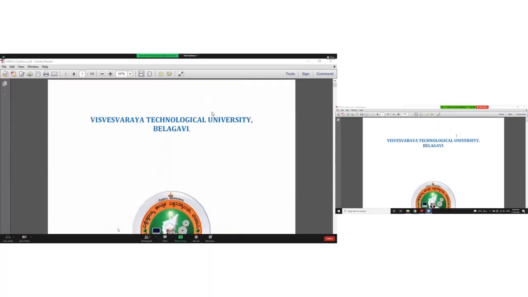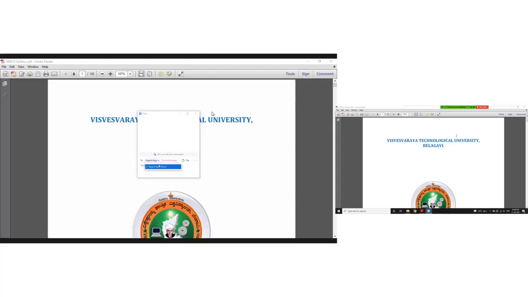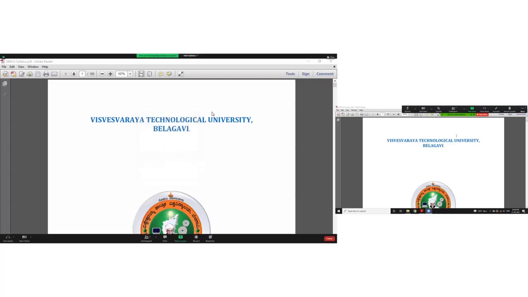Once you are in the meeting, here also you can decide whether you want to start your video or not. You will be able to see how many participants are there. If you want to chat something, you can chat. Now you can decide whether you want to chat to your friends straight away or whether you are going to send a file to him. When you click on file, these are the options you get here. If you want to send a message, just type a message here, press enter, and the message will go straight away to your friend. Once you are done with this particular meeting, you can click on leave.